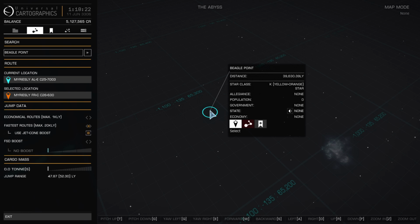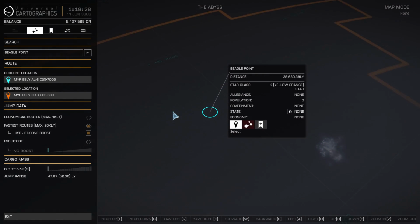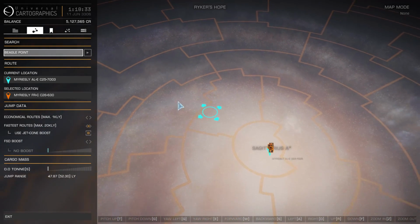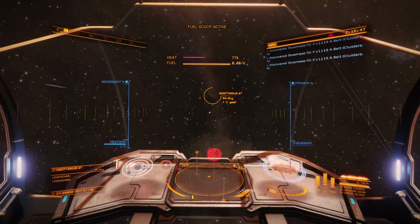I will get there one day, and probably be crushingly disappointed by the lack of things to see when I get there. There may be a tourist beacon. I don't know. I'm sure it's not going to be worth it. But that's a trip that I have. It's on the to-do list. But for now,